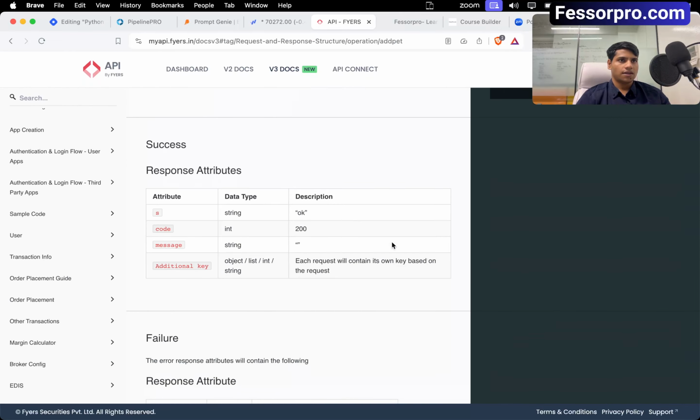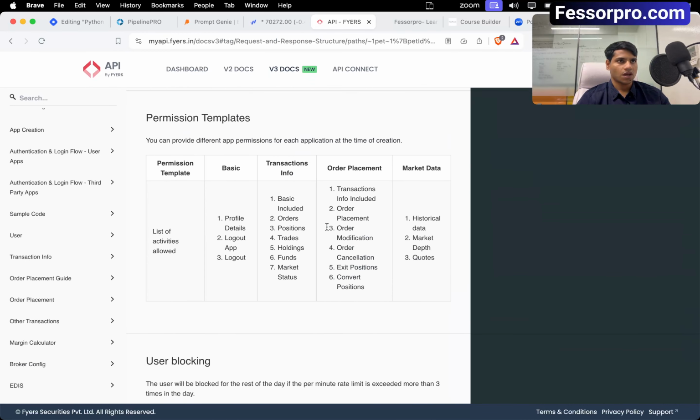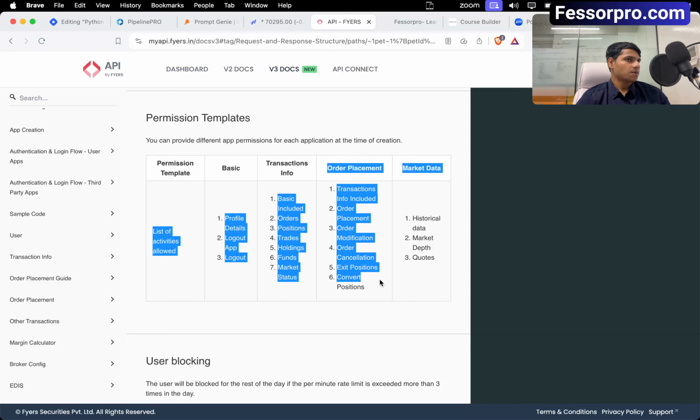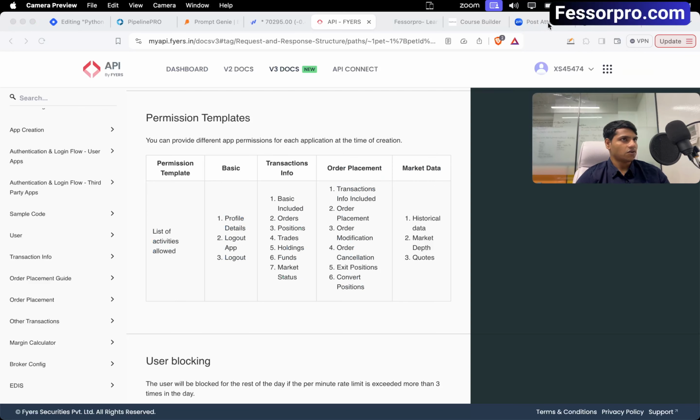Okay. Then I explained all the basic functions. I have explained all the transaction info, like how to get orders, how to get position, how to get trade, how to get holding, how to get fund. You can also know if the market is open or not. You can try it by yourself. Now this transaction order placement, I cannot show you right now because I don't have enough fund to trade